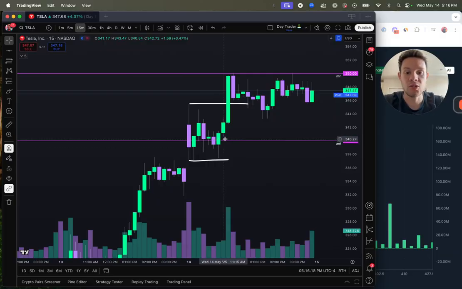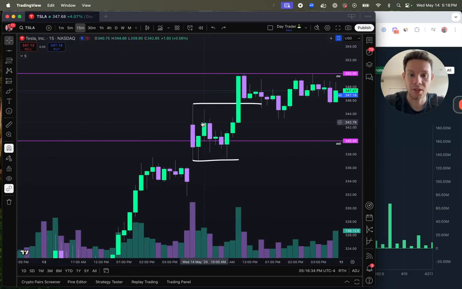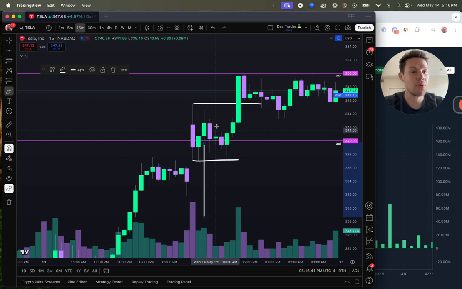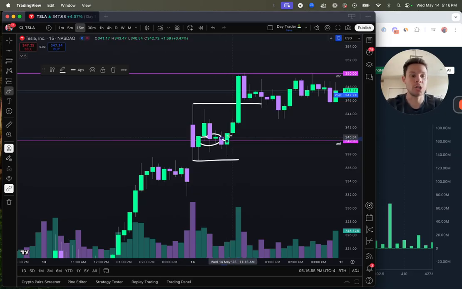Okay, so when we got into the trade for Tesla, we noticed this, and then we noticed this. I believe we got in around this area right here, around this time frame, because I let the TG members know, hey, price right now looks to be active in this candlestick because you can see it right here, and it's bouncing near this 340 AOI. As long as price stays above 340, we can take it to the upside, and that's exactly what we did. We bought around here, and yes, price did go a little bit under, but it was still hovering, right? We're not thinking of it as a hard spot. We're thinking of it as